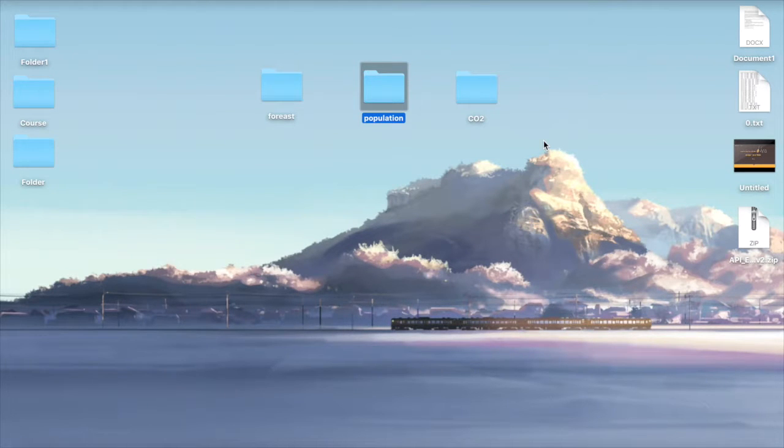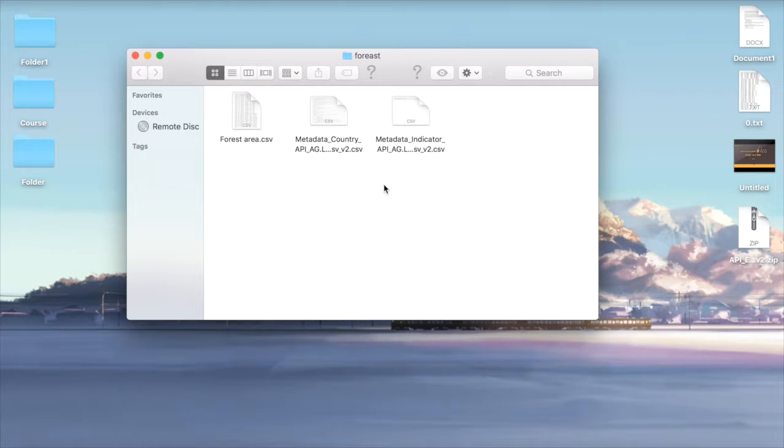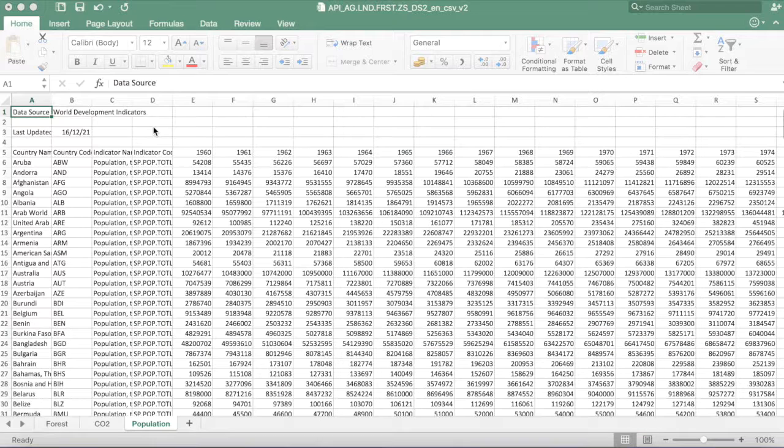So what we need to do now is to organize the data into the format that could be used in Google Fusion Table. Now I open all the 3 CSV files with Excel, so we can see the data there. Since I want to explore the change of carbon dioxide, the forest area, and population of different countries between